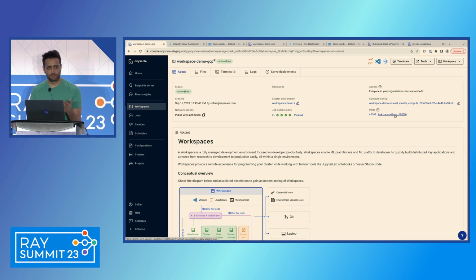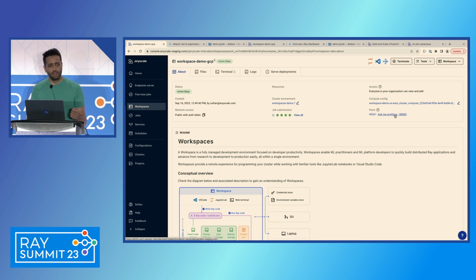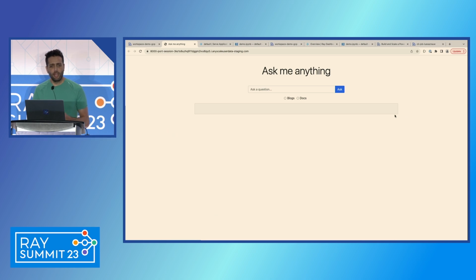So what is ports? Again, we talked about the ability to develop in a browser and the ability to develop remotely. If I'm running an application that I need to test, like in this case, a web application or a front end that I need to interact with, I need a way to interact with it. And ports is another example of how workspaces make this easy for you. So now I have this website that is served right from my